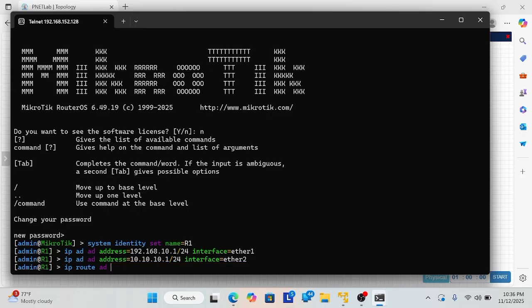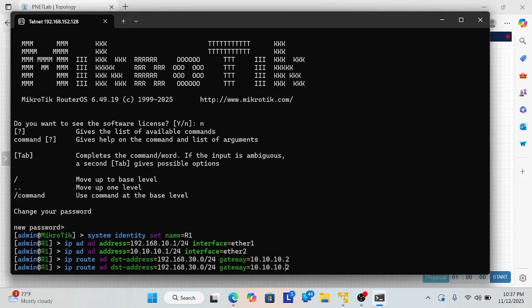I want to add the static routes. You can use ip route add, destination address 192.168.30.0 prefix 24 and gateway 10.10.1.2. Okay, you can enter, and add a static route again with gateway 20.20.2 and destination address 20.20.0.